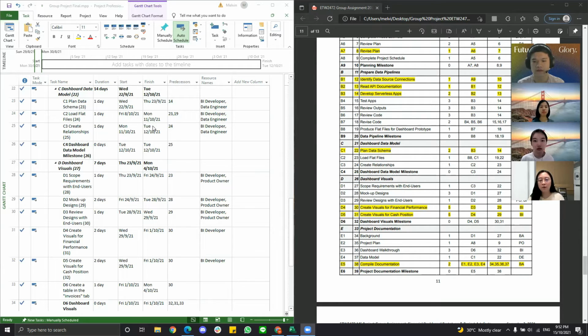So the thought process took a bit longer, and some of the time was contributed to designing as well. That's why it took around 2 days. And then for the cash position, it's also the same. I was a bit unsure what to put for the cash movement tab,